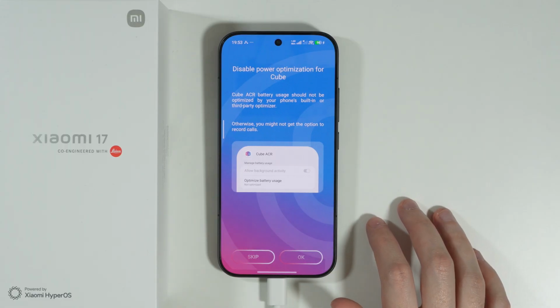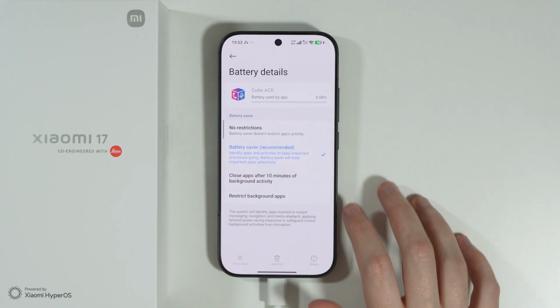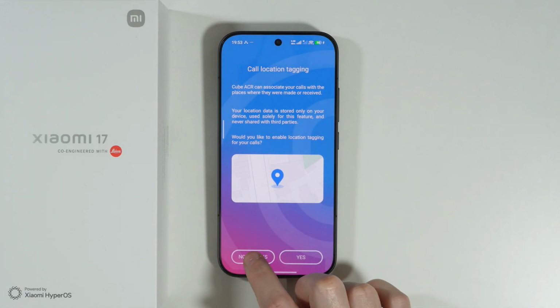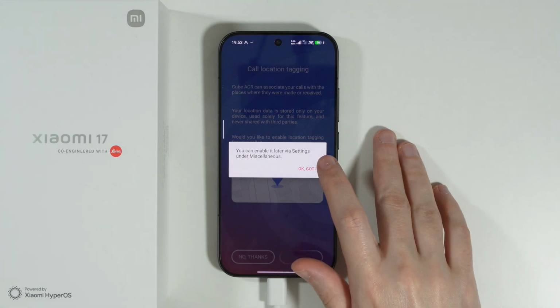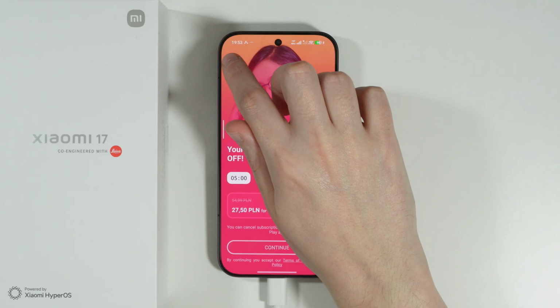Now in here we have the option to disable power optimization. So I'm gonna press OK, and then in here we need to set it to no restrictions. All right, let's go back. We don't have to agree to geotagging. We can tap on no thanks and then OK, got it. We have a premium offer which we can close by using the X in the upper left corner,